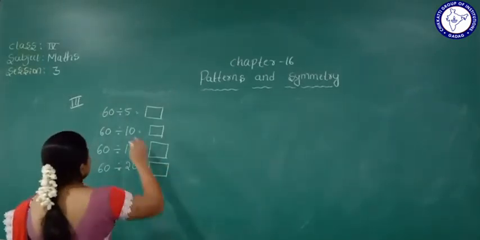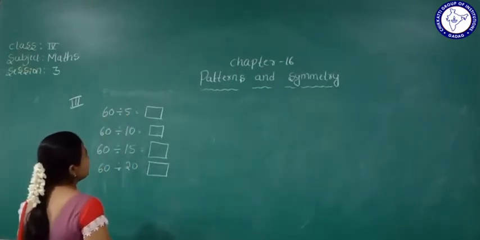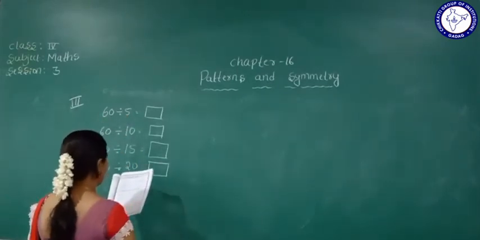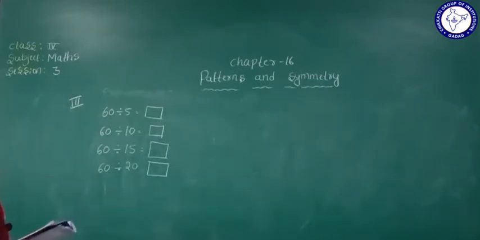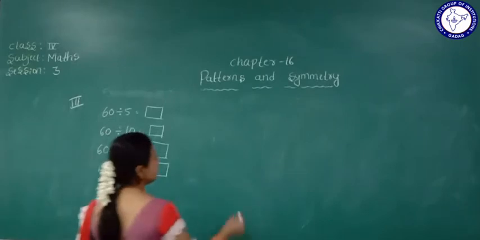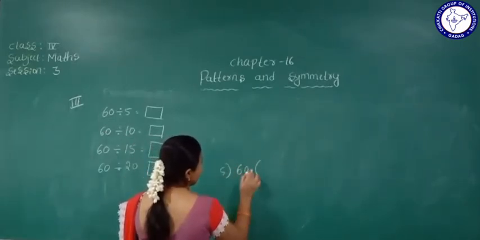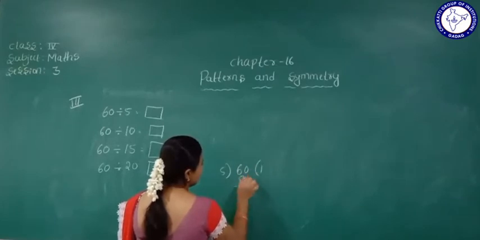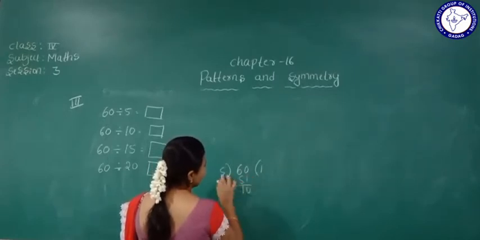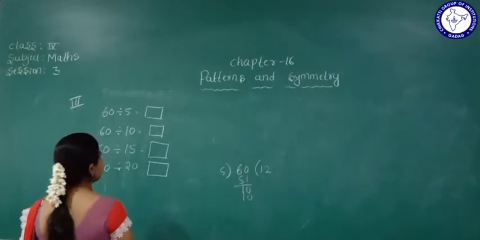Yes. So here, see students, 5 and 60 we can see here. So we can find it by the dividing method. How much does it come to here? 5 how much to 60? We can do here, see, 60 divided by 5. 5 ones are 5. Yes. 6 minus 5 is how much? 1. So take 0 here. 5 to 10. Yes, what is the answer?